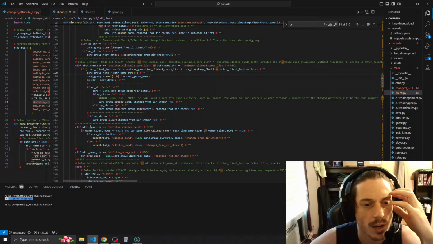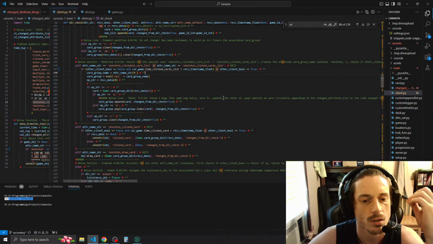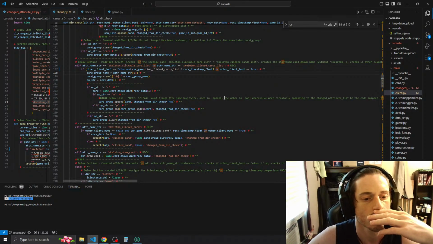We have the elif adder name string is equal to skeleton clicked card. So that's a completely different section. But this one right here,